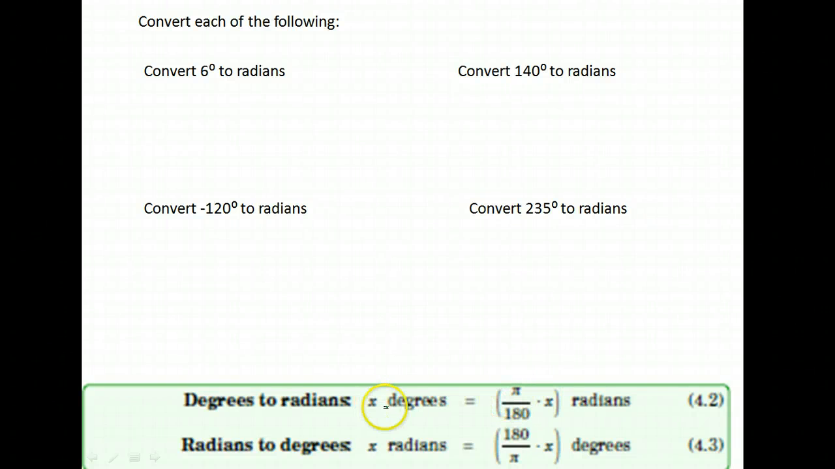Okay, so in this video, we'll be converting angle measure from degrees to radians. I'm assuming that you've watched the video in the course and read the book as to how degrees and radians are related to one another. And basically it is that